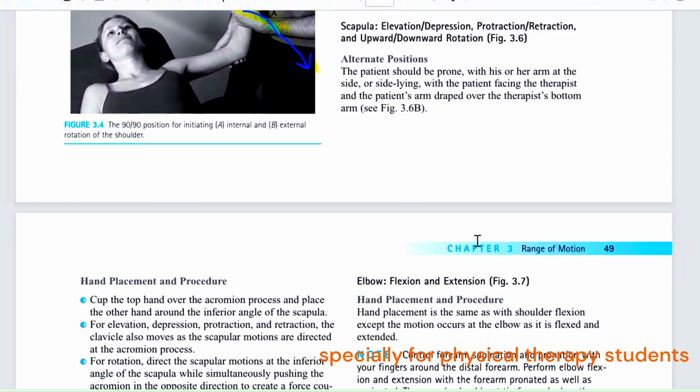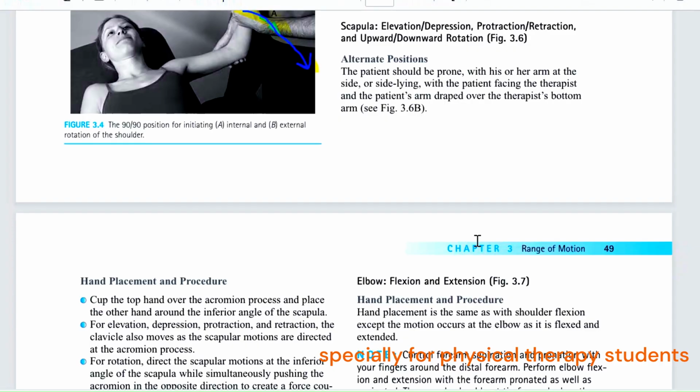Everyone, I'm back with another video lecture, and today we're going to discuss the scapular movements. Majorly, scapular movements include elevation, depression, protraction, retraction, and upward and downward rotation. So this is how you can move the scapula yourself instead of asking the patient to move it. This is majorly a way you can mobilize the scapula in various ways, okay?